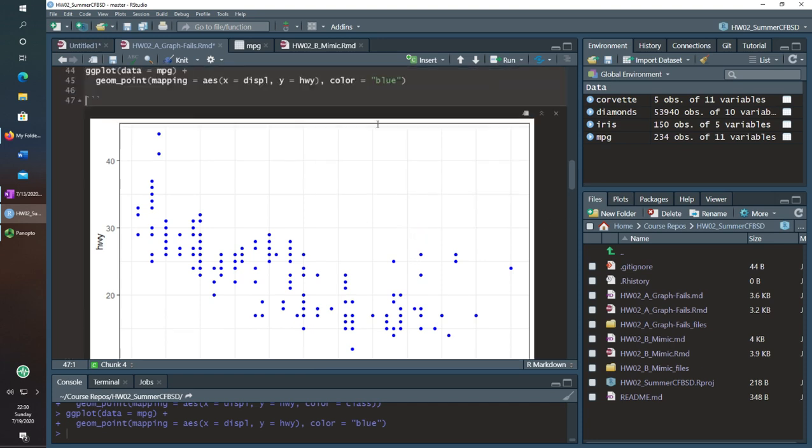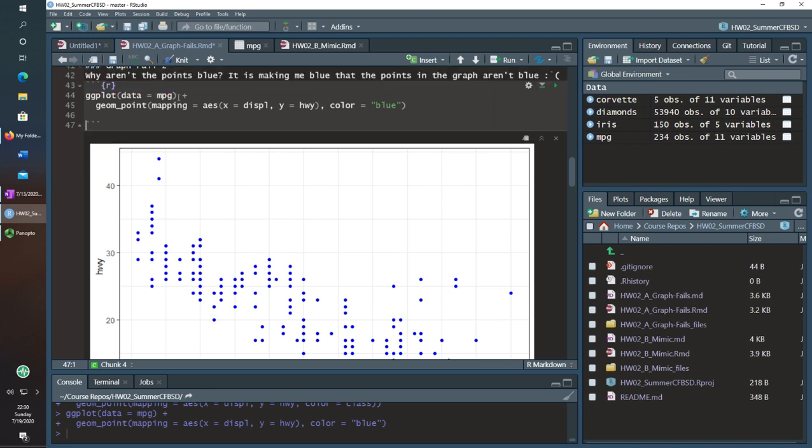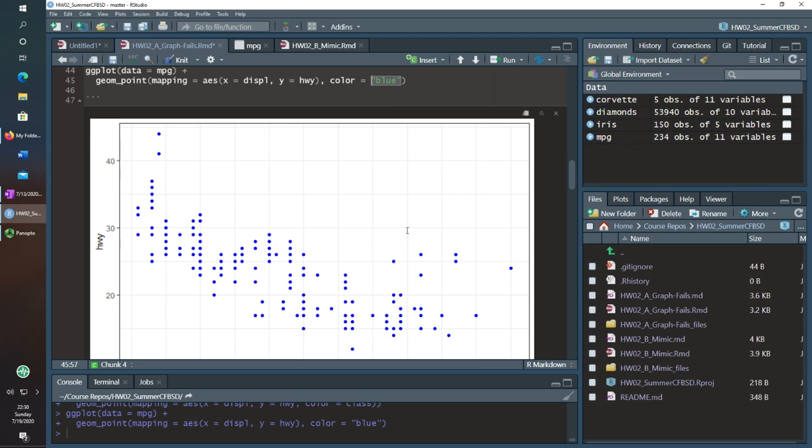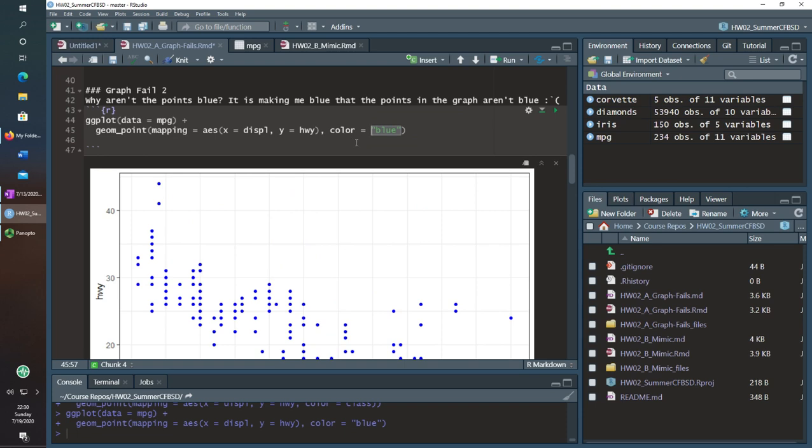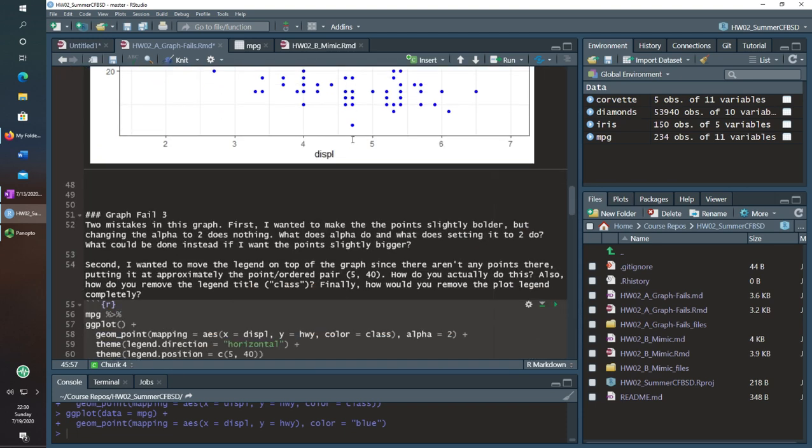If you notice, when it was in aes, it also printed out a legend for the values and said that the color was blue. But now when you're just using the color argument, it's thinking, what color should these points be? So we're setting it to be blue, and there's no legend for that, right? There's no value being associated with it. It understands what we're doing. So, great, we fixed that one.